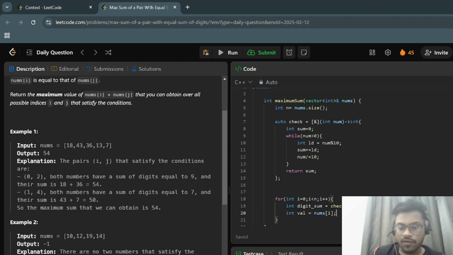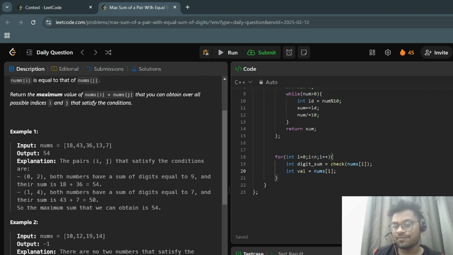So what we need to do is, we simply have two tasks. If it is already found, we'll try to make changes on the pair of those integers, whether it can go to the first element or the second element. Just check if mp.count of, what is the key? Digit sum will be the key for us. Count means it will give the count, whether it exists in the map or not. If it exists, then we will make the changes. Else, if it does not exist in the map, simply what we'll do,